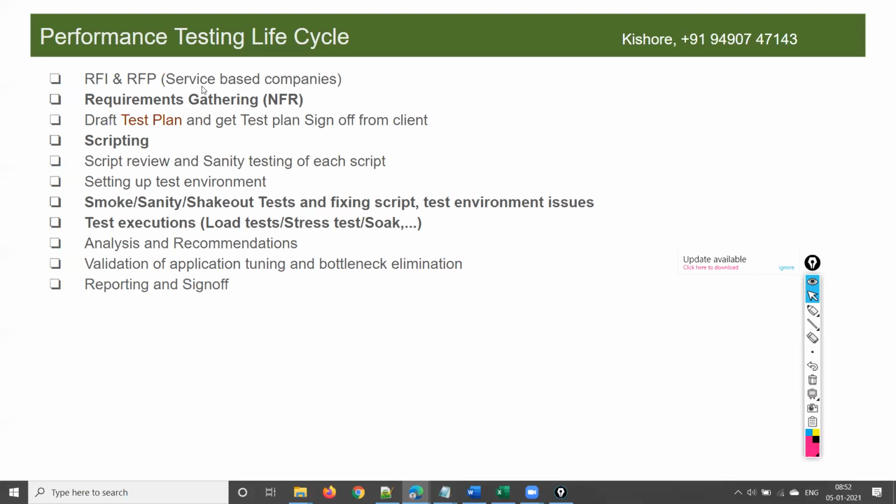In a scenario where a client is coming to a service based company, and if it is a time bound project, there will also be some projects which will be running for years and years. Unless until you have something called SOW, statement of work. The contract will be renewed every 1 year or every 6 months. There are many projects running for years, because as development is going on, functional testing and performance testing go in parallel, and that continues forever.